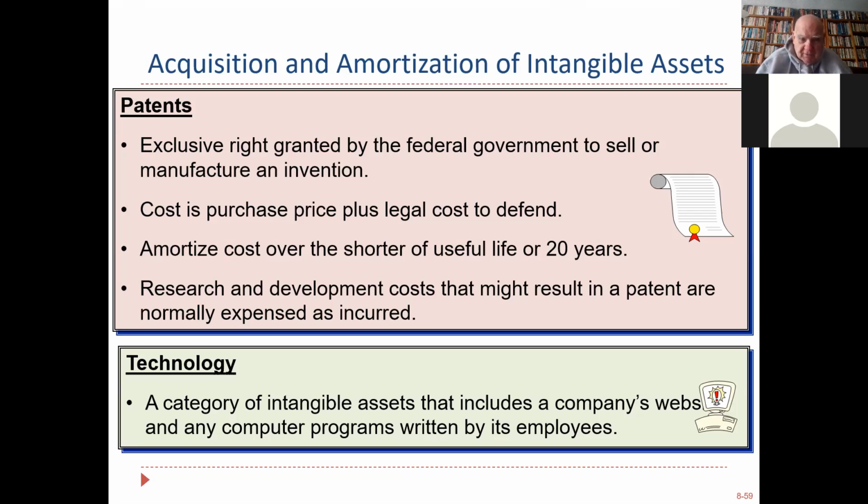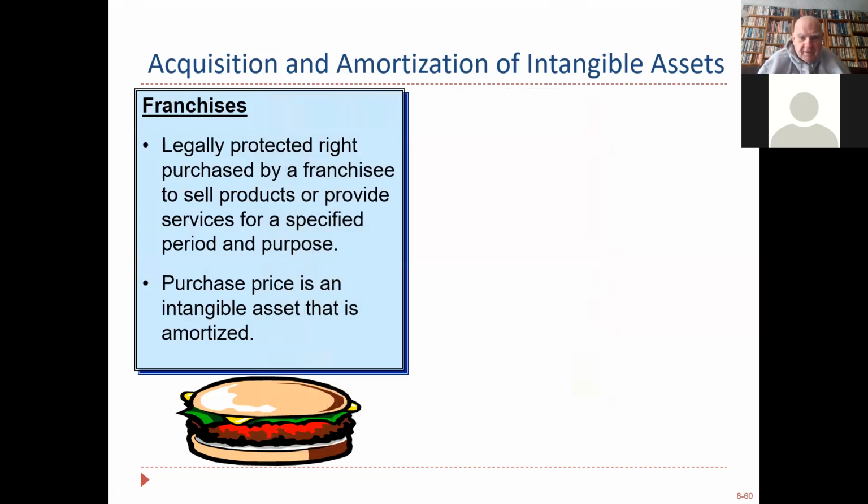I guess I just spent a long time trying to tell you something simple. Patents only go to a company who purchased the patent from the inventor. And it has a 20-year life. Technology, that's an intangible asset. Franchises,